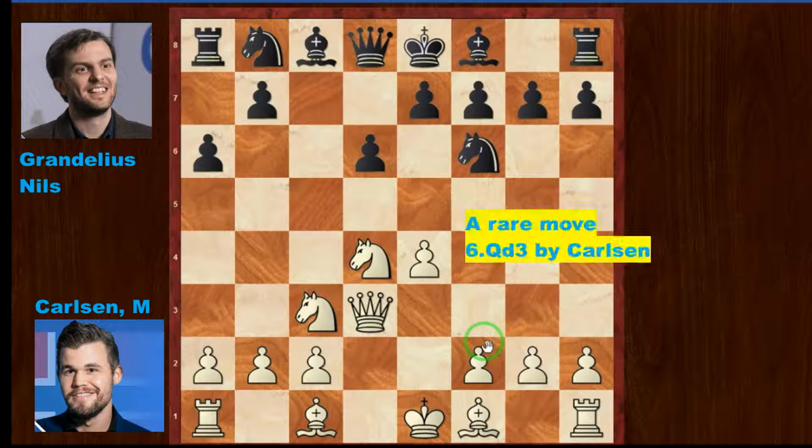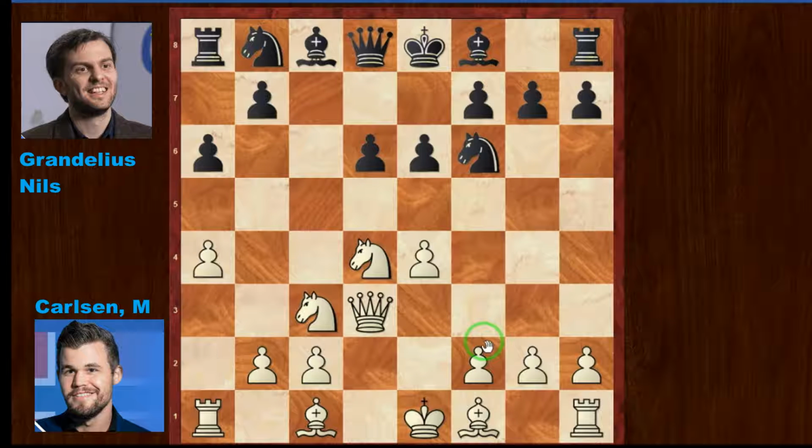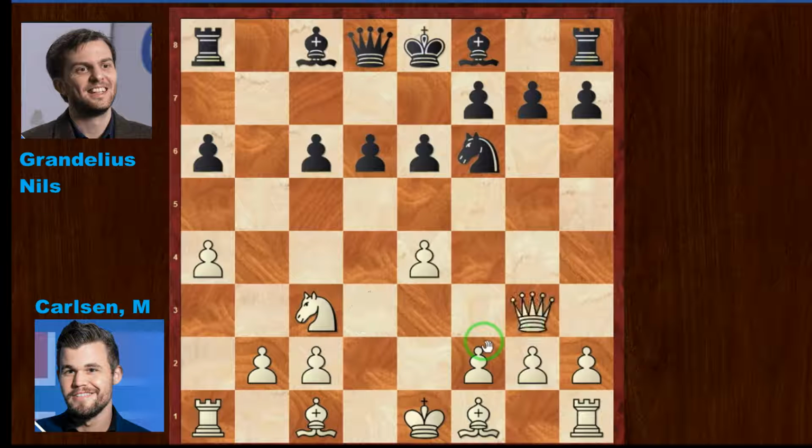Now queen d3 has moved 6, a rare one, and Grandelius played e6. Magnus played a4 now, limiting b5. Knight c6, Magnus captured knight c6, bxc6, queen g3 now,